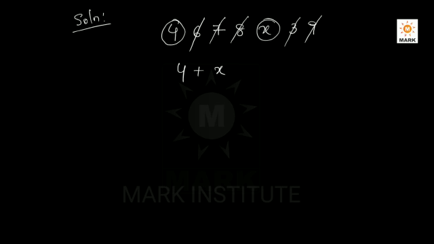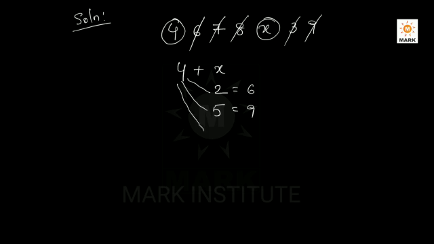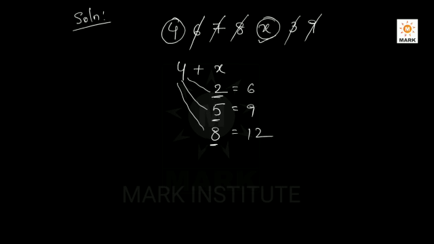So what is the value that I can put in the place of x? I can put 2 here, because 4 plus 2 will give you 6. Or I can put 5 here, because 4 plus 5 will give you 9. Or I can write 4 plus 8 here, because 4 plus 8 is 12. Then also the number is divisible by 3. I cannot write 4 plus 11, because 11 is a double digit number. x should be a single digit number. So 2, 5, 8 are the possible values that can go and sit in the place of x.